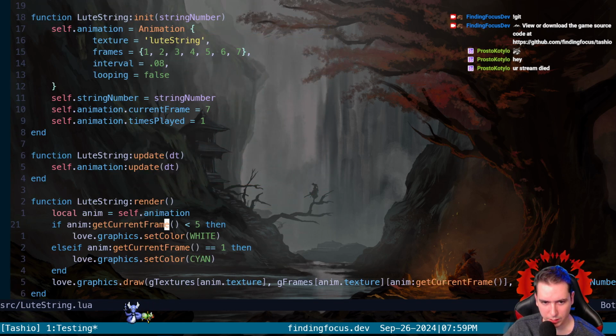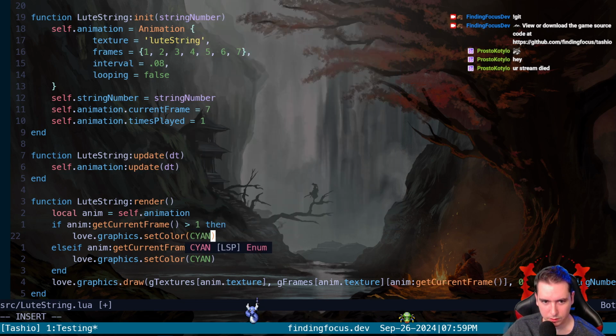Because what we are trying to say is, hey, if our current frame is greater than 1, then we'd want to set it to cyan and then otherwise set it to white.